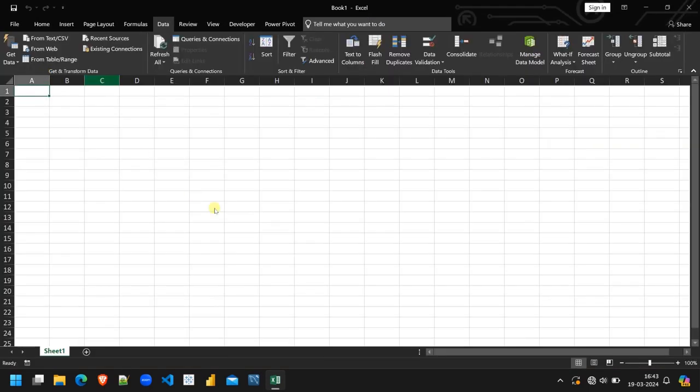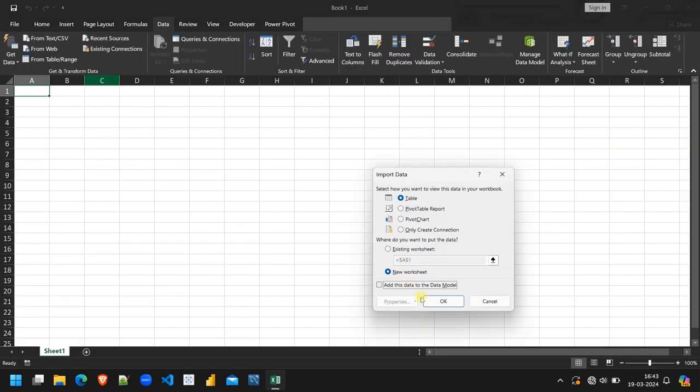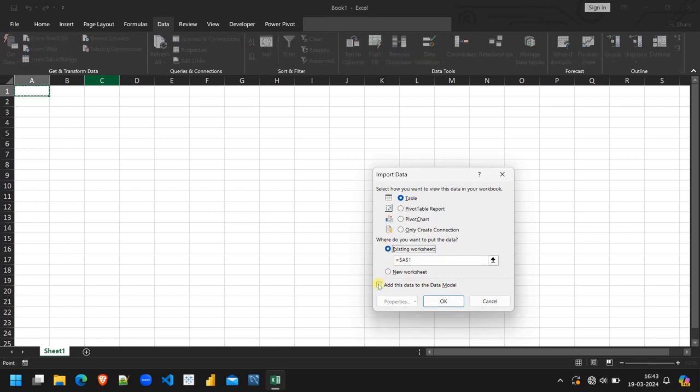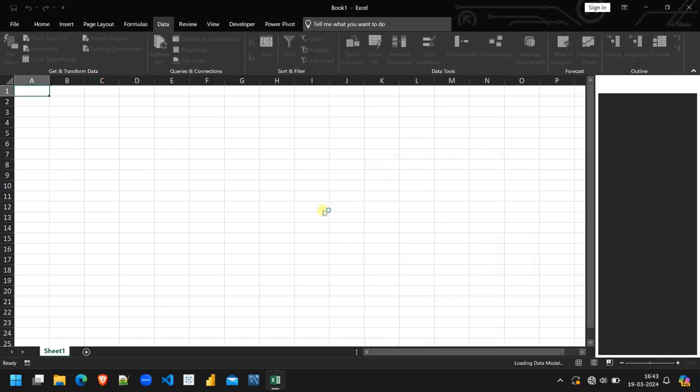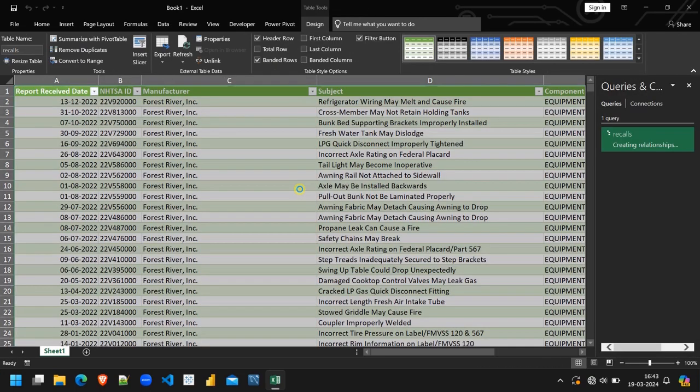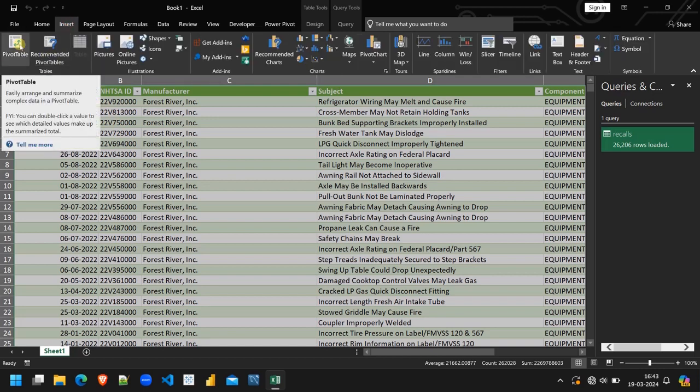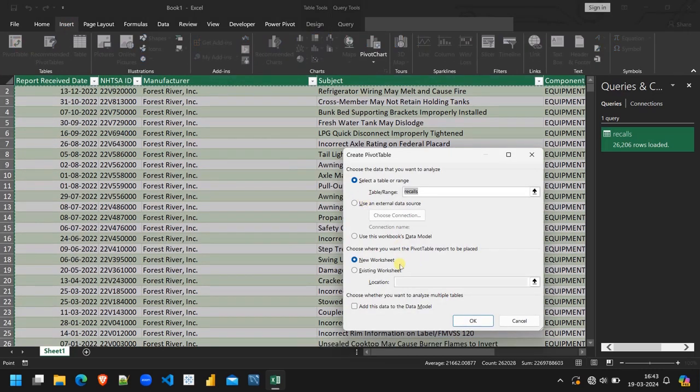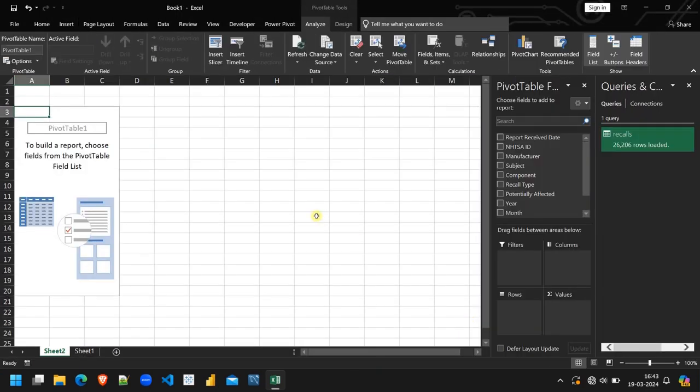We want to load it in the existing worksheet, and we want to add the data to model. Click OK. This will load our data to the data model, and also we will get a data table here. So here is our data table. Now for the analysis purpose, we are going to insert a pivot table, and the pivot table we want in a new worksheet. So we'll click OK, and the